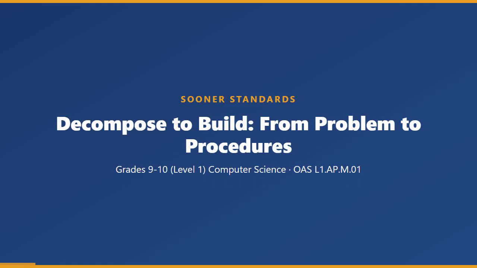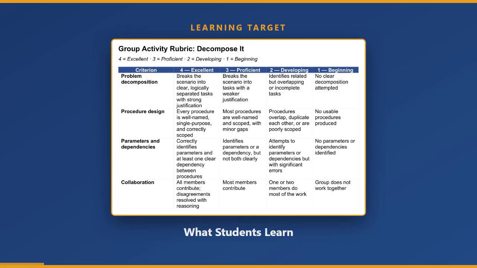From Sooner Standards: Decompose to Build, From Problem to Procedures. Grades 9 to 10, Level 1 Computer Science Unit for Oklahoma Standard L1.AP.M.01. Students learn to decompose a problem into procedures using systematic analysis and design, and explain the parameters and dependencies